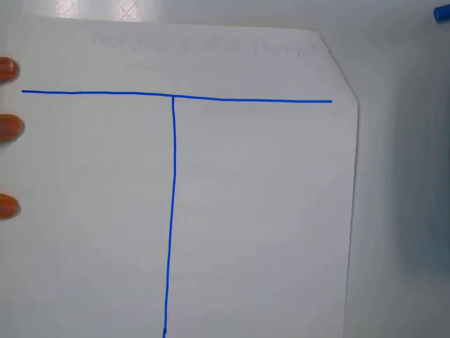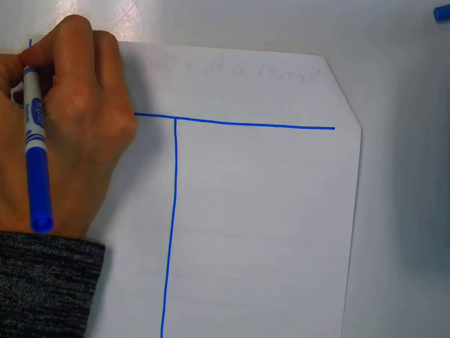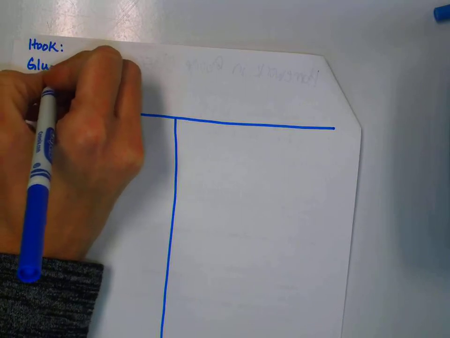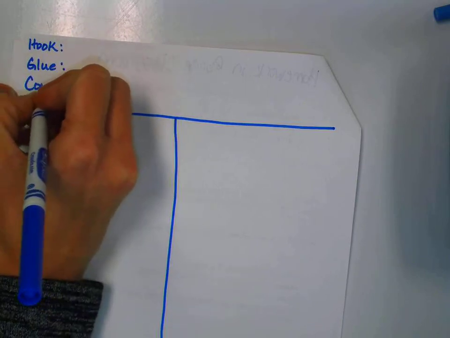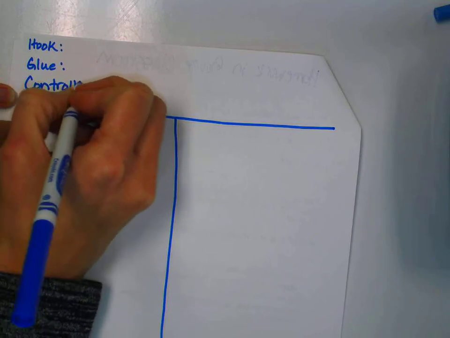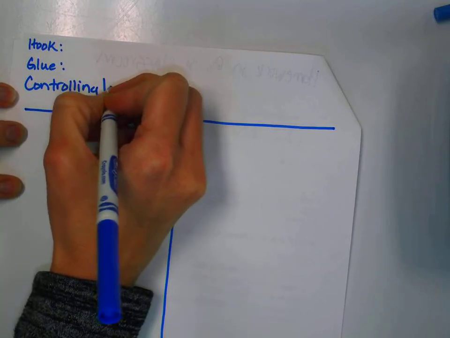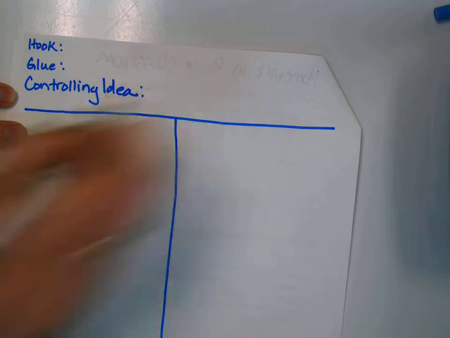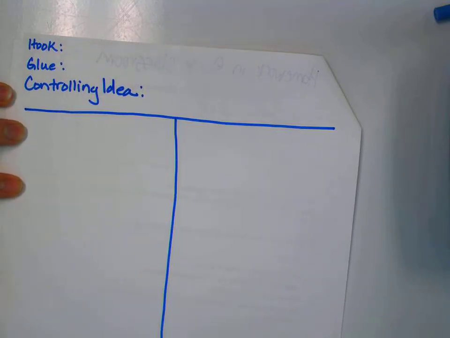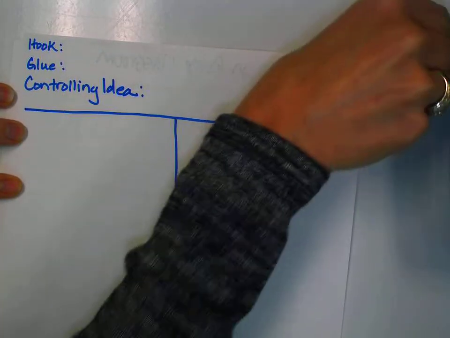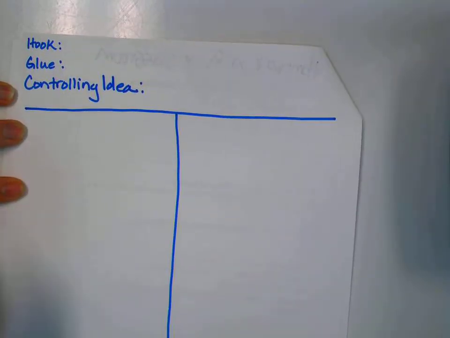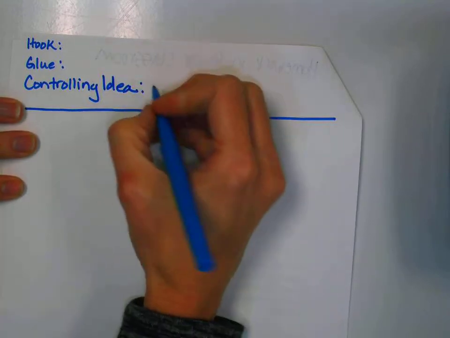So this graphic organizer, the top is for your intro, where you will have your hook, your glue, and your controlling idea. So you can go ahead and pause the video and write your controlling idea, which should be in box 3 of the first page. So your controlling idea should be something similar to,